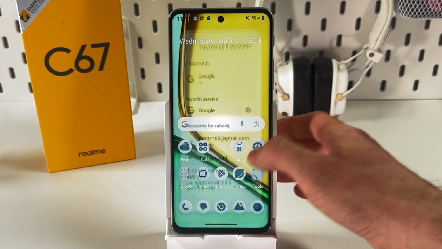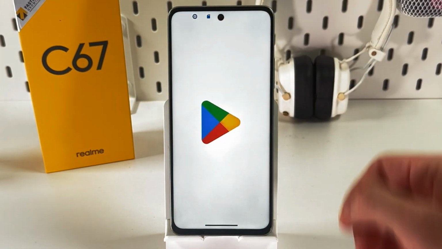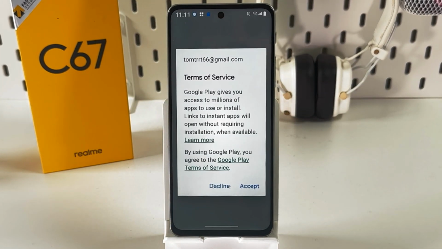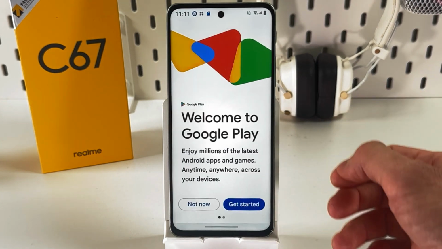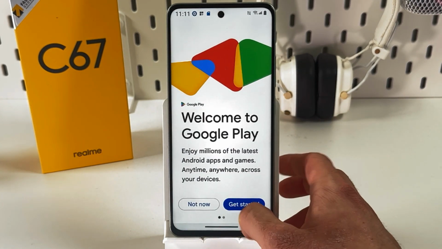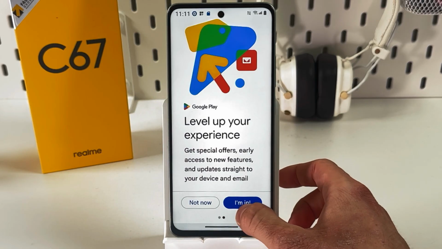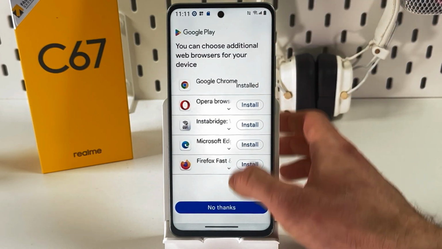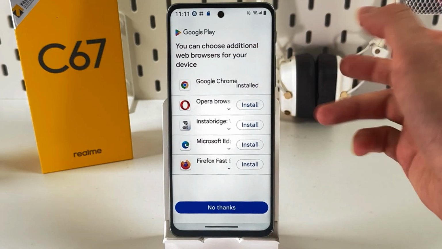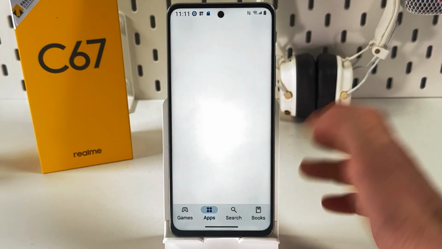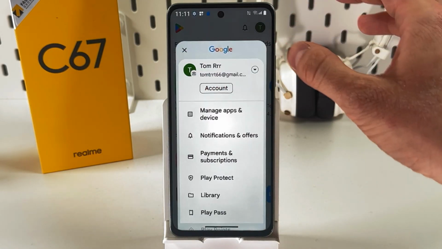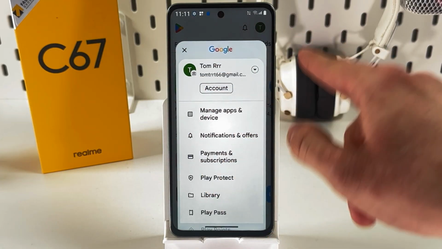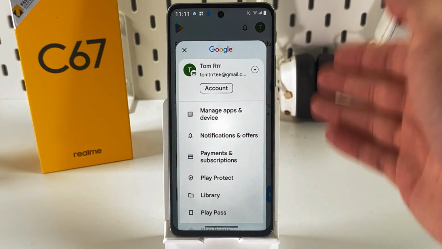So now let's open up our Play Store. Press accept. Press get started. Press I'm in. And as you see, all right, we can choose an additional web browser for our device. I'll press no thanks. And as you see at the top right corner, we've successfully linked our new account, and